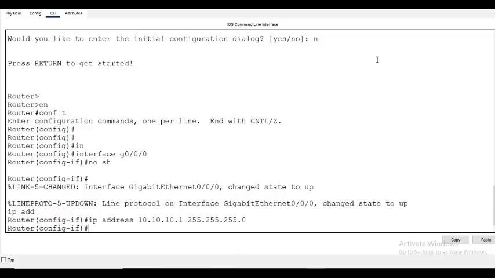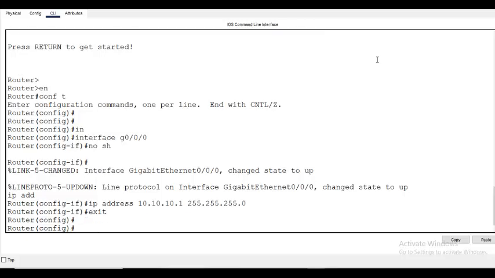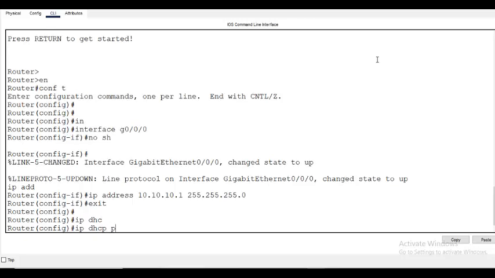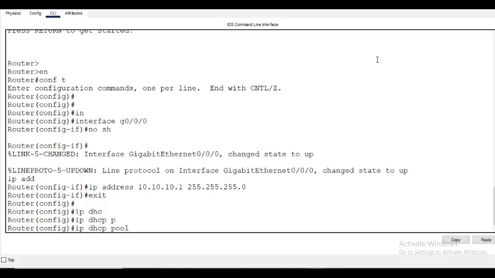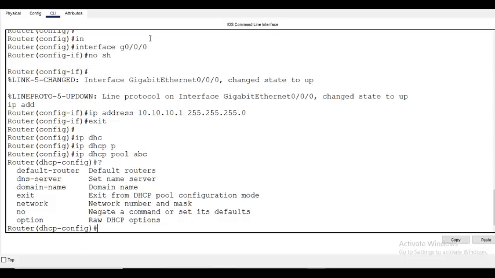Now I'm going to configure the DHCP configuration. IP DHCP pool, give any name, ABC. And then if you see, this command, network, will create the pool. So say network